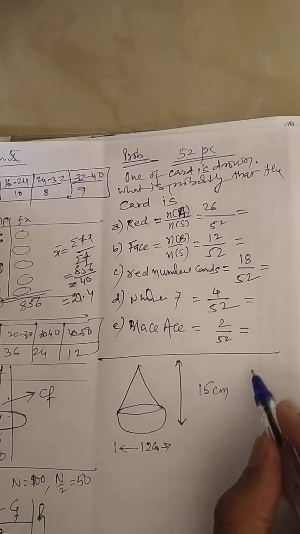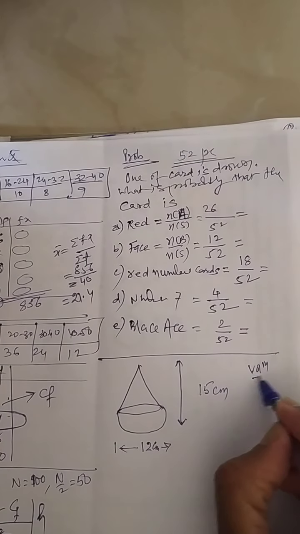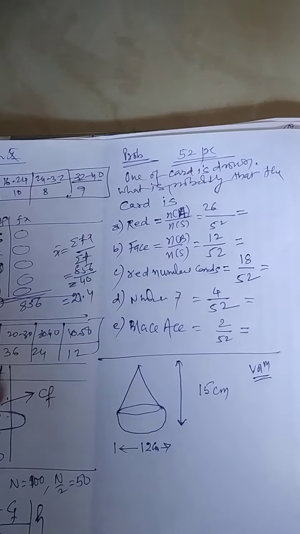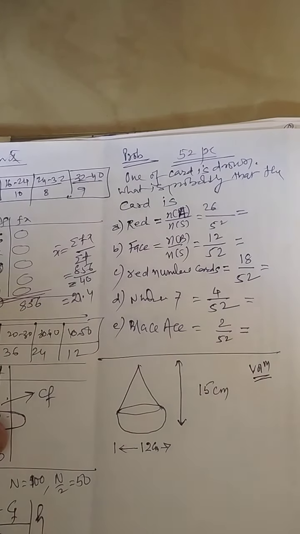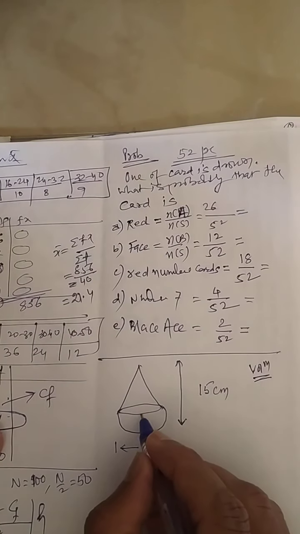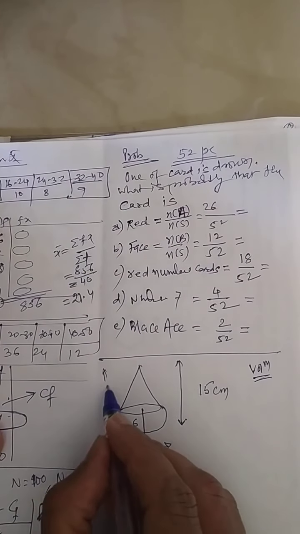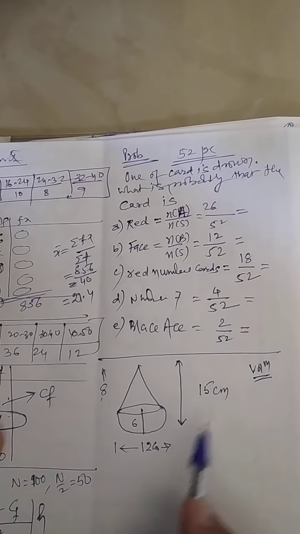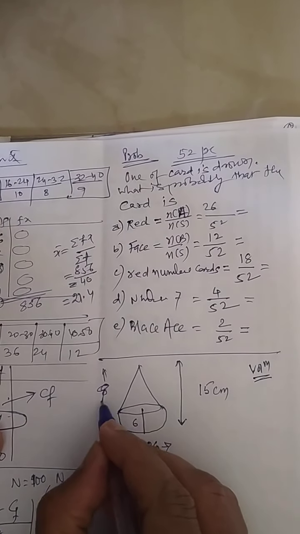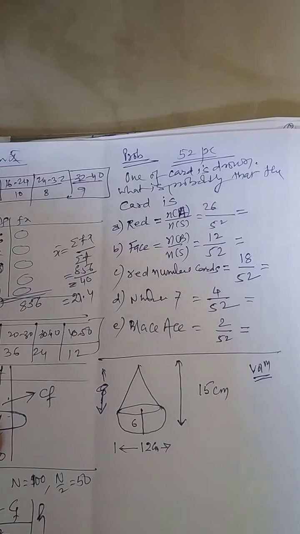Now you have to answer the rest of the questions. That means a question can be asked about the volume, a question can be asked about the surface area. What is expected? You should know the basic rules, formulas for all. So try to get the volume of this one. This becomes, say it is 6, so this part becomes 8. 6 means 9. Do you know why 9? Total height was given something. Okay.